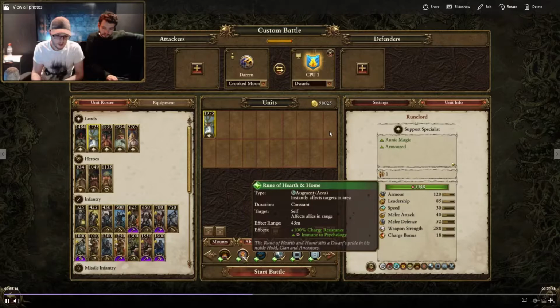So plus 8% is not really that great, unless you focus some armor piercing units around this guy. The next one is Rune of Health and Home. So this is something quite interesting. This is also targeting himself and allies around him, 45 meter range, and that makes everyone 100% charge resistant and immune to psychology. And this is very cool because your normal dwarf units did not have charge defense against all. They only had it versus large. That would make them pretty much as resistant as iron dwarves to infantry charge, iron breakers. Because yeah, you could have your longbeards cast it